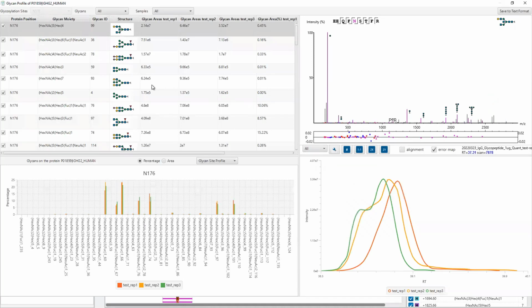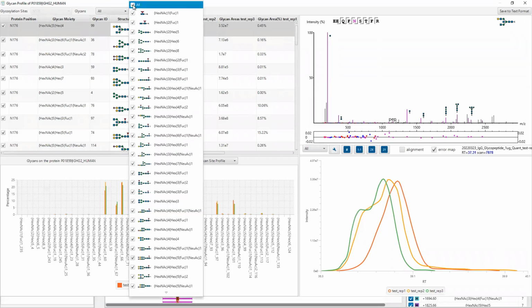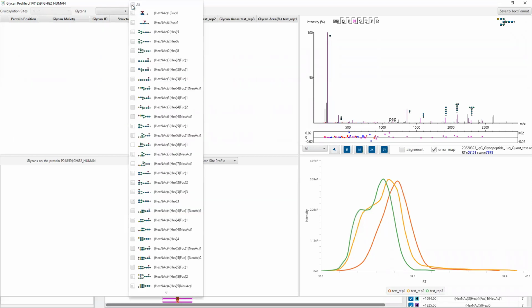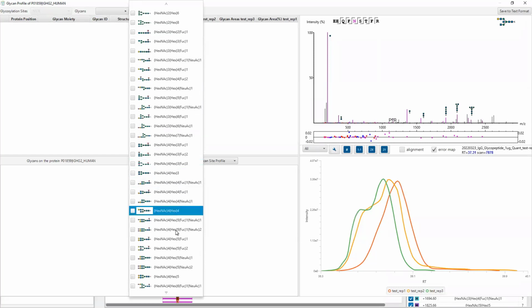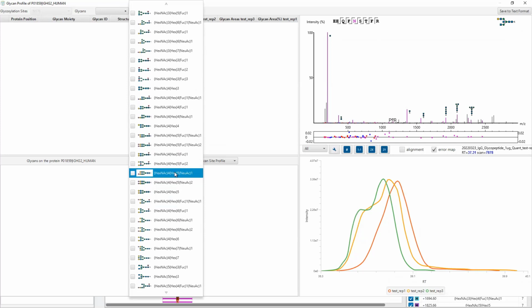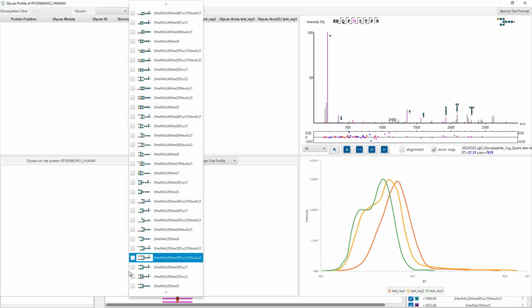where you can see for each of the different glycans, you can get the area under the curves of each, and a reported XIC where these glycans are actually found in terms of the retention time. And you can click this button up here at the top to deselect all. Then you can find, say, one glycan that you're particularly interested in. There it is.